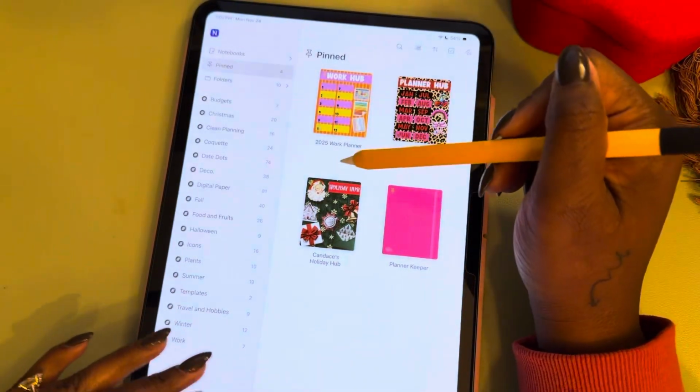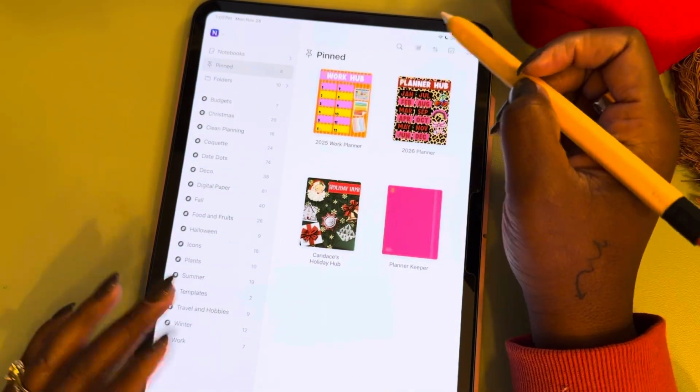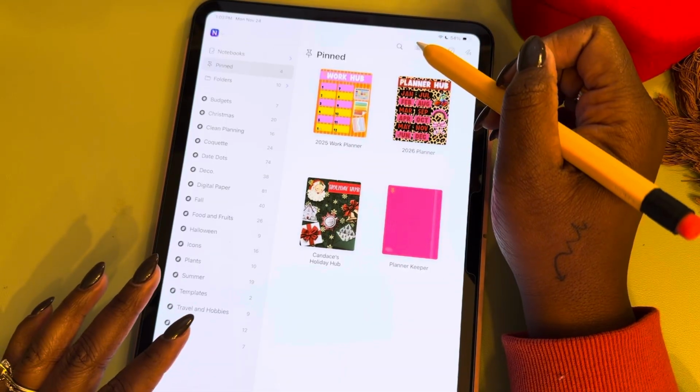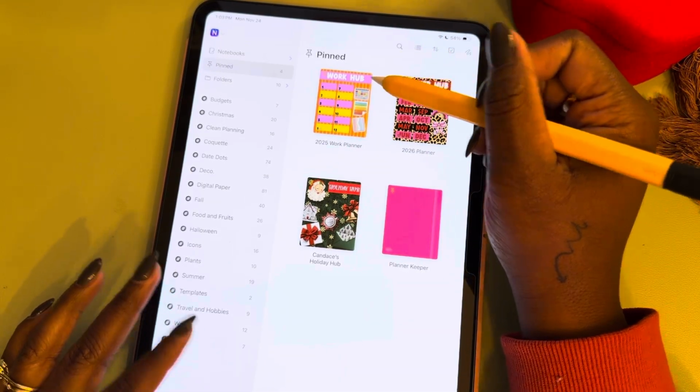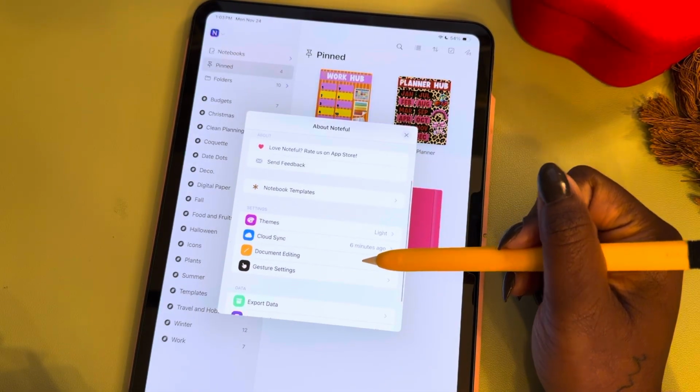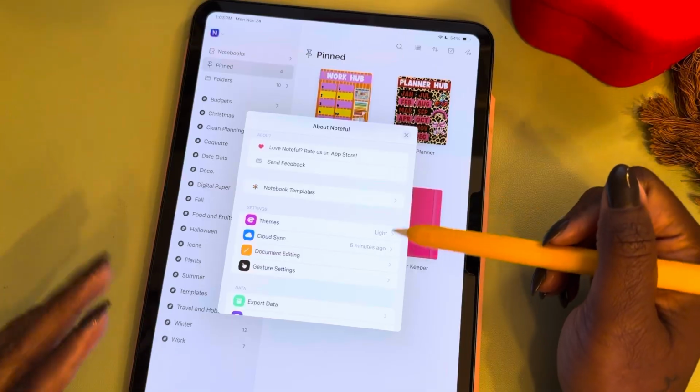And this was a little light for me. I do like the cleanliness of it. I haven't used it in light mode in a while. At this point, I'm used to dark mode. So if you want to change to dark mode, because it's going to come in light mode,